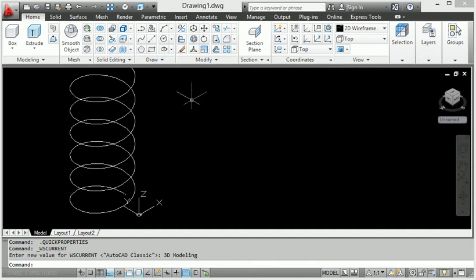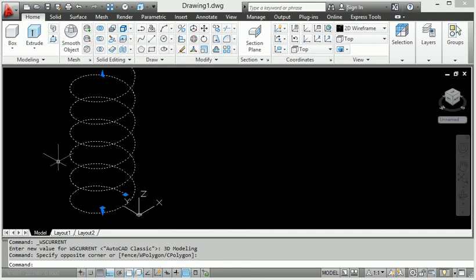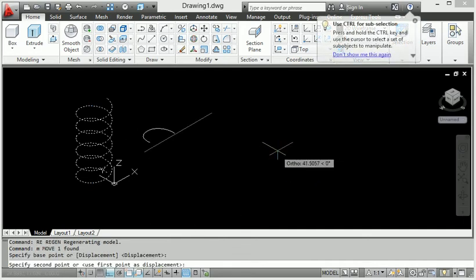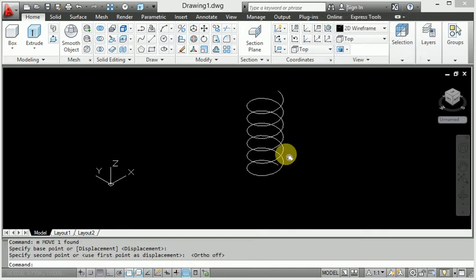Well, look at this. I get the selection here. Now it looks like this diagram. The helix curve is properly adjusted, and we move some distance.